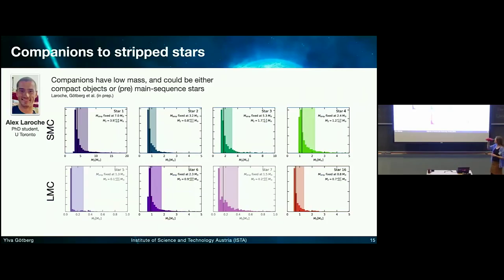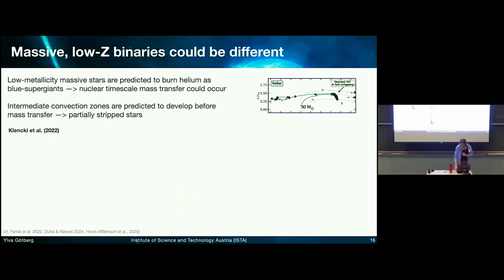And what you can see is that the companions have low mass, typically between 0.8 and 4 solar masses. And this in itself is also quite useful for figuring out how the binary evolves, etc. But we haven't gone very deep into that specific aspect yet. So, moving away from our survey, I wanted to highlight another thing that I think theory is moving in